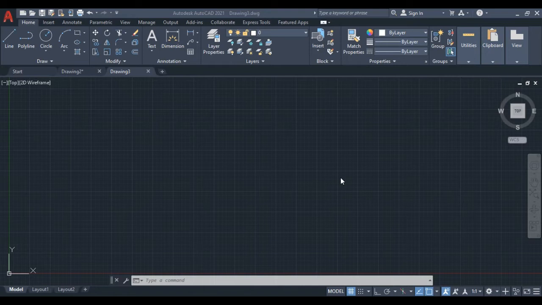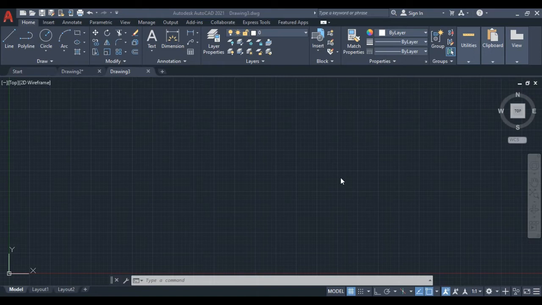So we have discussed in the group that I am bringing the lectures for you all, which will be related to the AutoCAD basic tutorial. In this tutorial we are going to discuss the basic settings which everyone has to do. So let's get started.